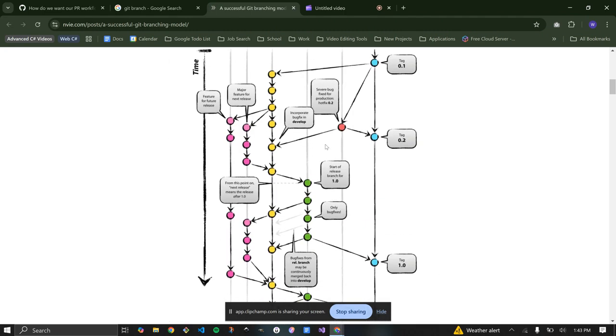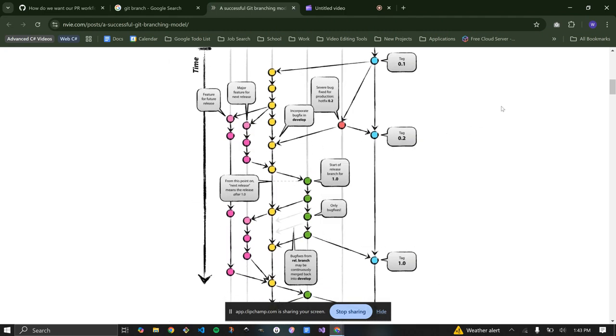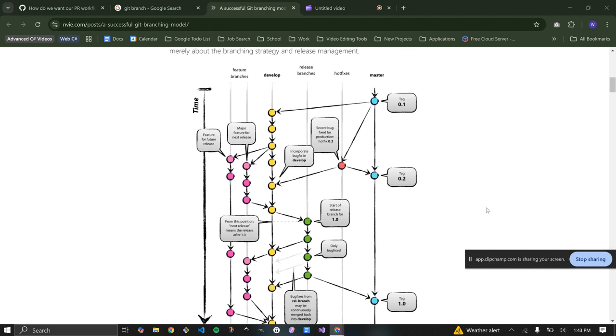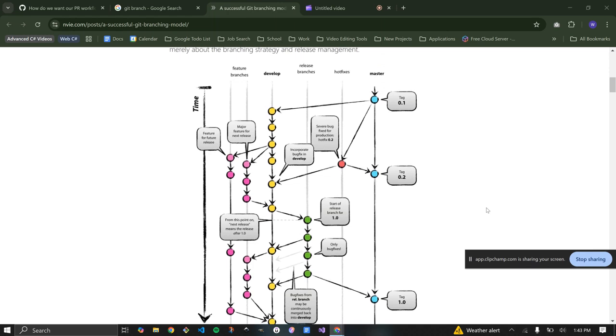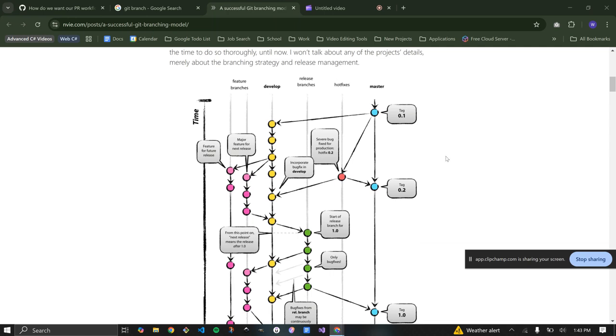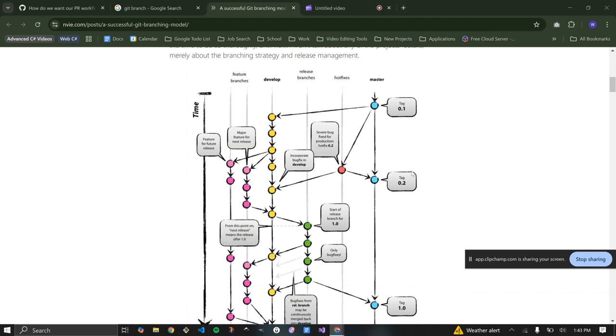And my favorite image is this one. There's a lot going on here, obviously, and I probably cannot explain this as best as it can be explained. Just FYI, I learned Git from a Udemy course specifically on Git, and this is the image they